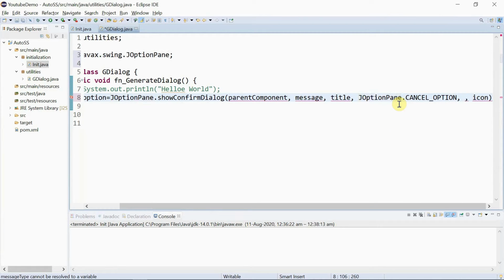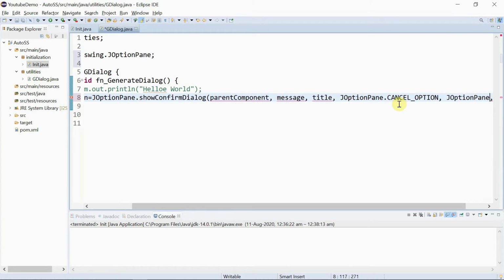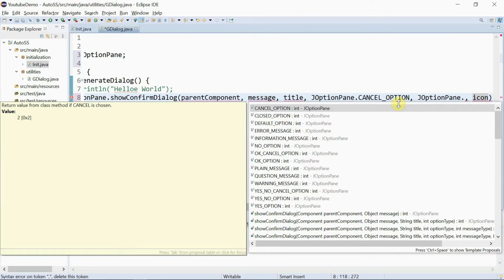Now you can see in the message type, these are all constant values. Give a dot. Now you can see there are many options available here. The message type is nothing but what kind of dialog box you want, whether it is an error dialog box, or a default one, or you want an information message. So for the timing I want only plain message here.